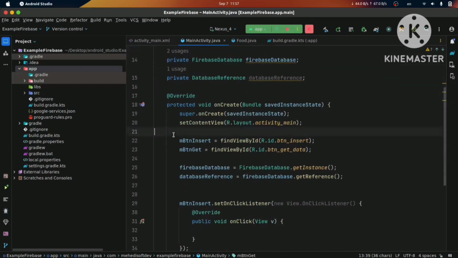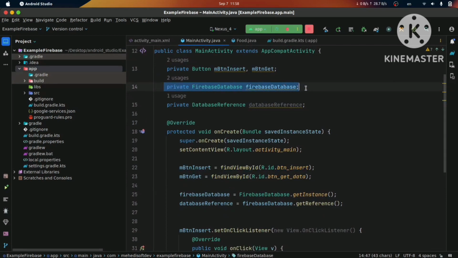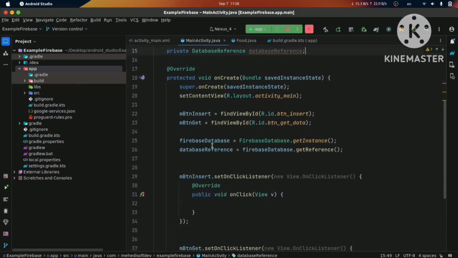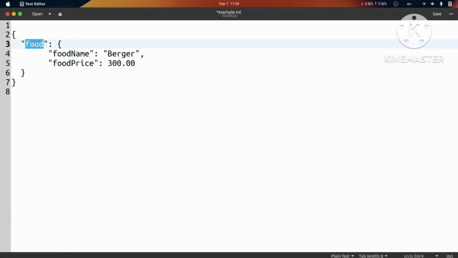and initialize it here, and I have also taken Firebase database instance and Firebase database reference instance and initialize them here also by get instance method and get reference method. Database reference is called. For inserting data, here we see there is a food, and food has food name and food price. It looks like a class name is food, and food has attribute in food name and a food price, and this